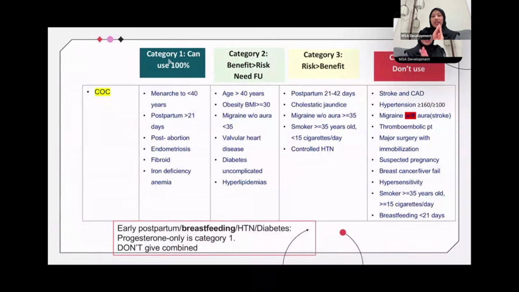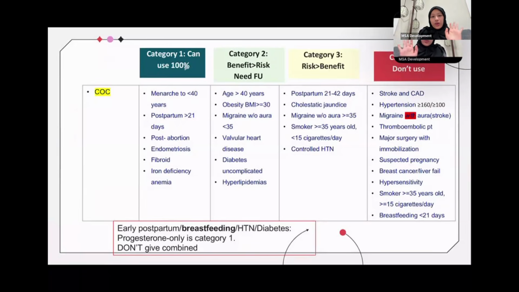Now, category 1 can use 100%. Category 4 is not to use. It's absolute contraindication to use combined oral contraceptive pills. Even if you use combo with progesterone, it will not protect us. 2 and 3 are gray areas. So 2 is benefit more than risk. So you can give it, but you just need to follow them up really well. Category 3 is risk more than the benefit. Okay. And yeah, wait, I am just checking again if I missed anything from the notes. Okay, so